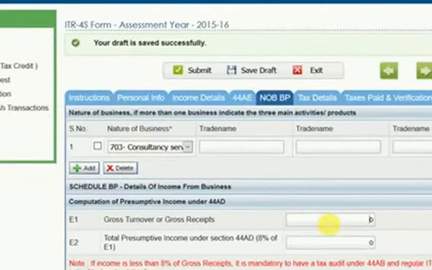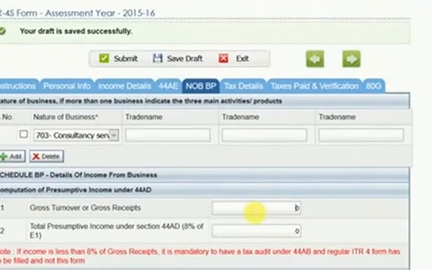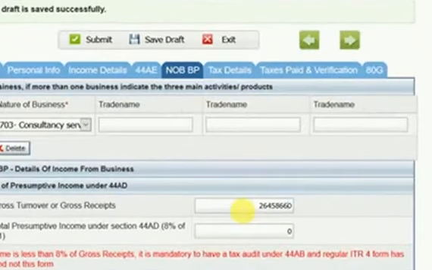We have to enter the turnover. Actually, I got 26 lakhs 45,866. This is my turnover, 26 lakhs 45,860.